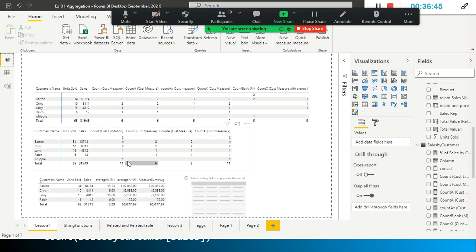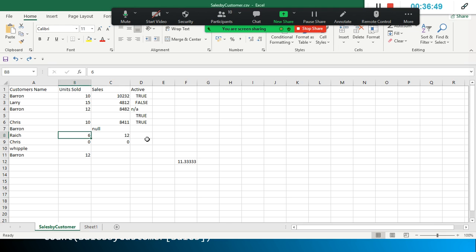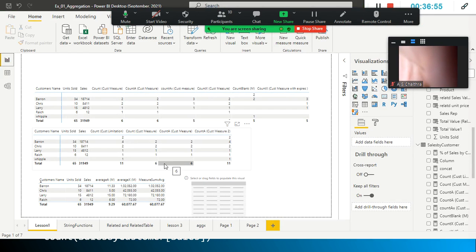Okay, units sold, this is the units sold, 2211. Yeah, so this one, right? So 10, and so Baron. Okay, Baron is okay, forget about this total thing, look at this one now. So the 2211, right? So Baron is for Baron. Here, the units, you need to look at it.